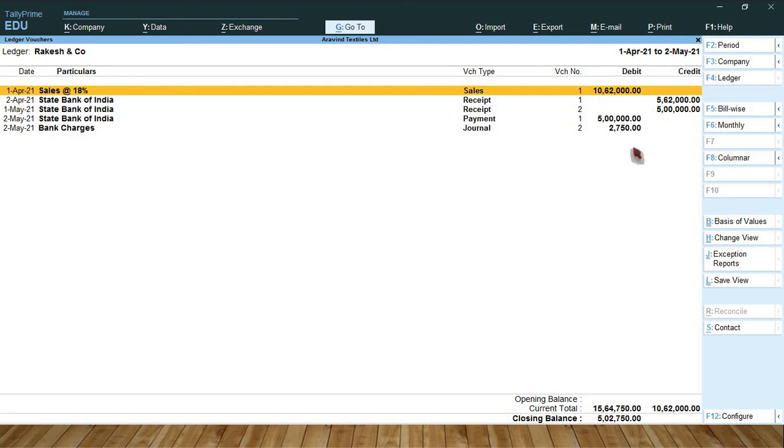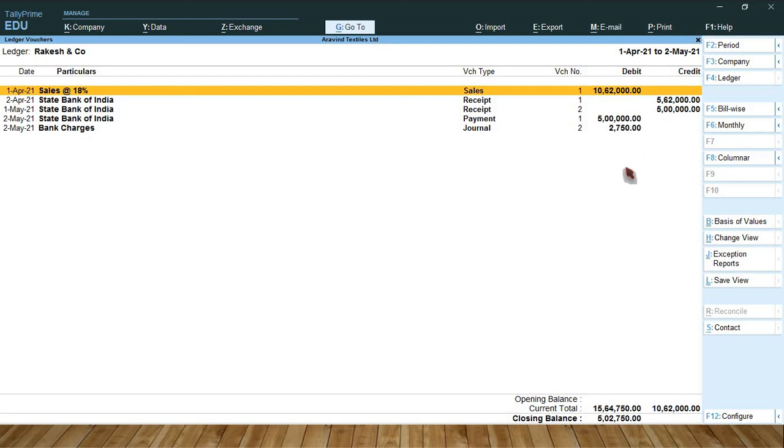On 2nd May his check bounced. So we passed reversal entries to his ledger account, that is 5 lakh, and we adjusted bank charges 2750. So his outstanding balance is 5 lakh 2750. Check it here at the bottom, closing balance 5 lakh 2750. So bank charges also affected his ledger account.